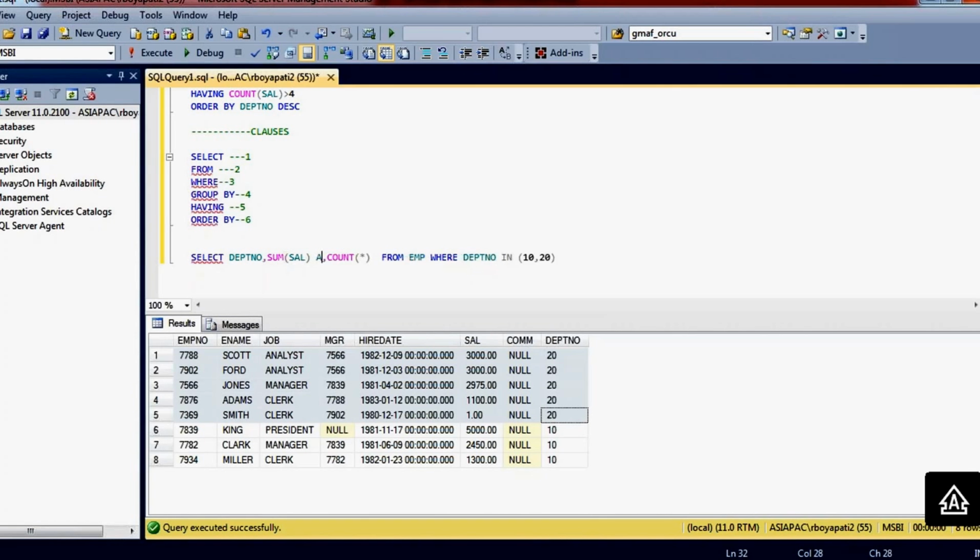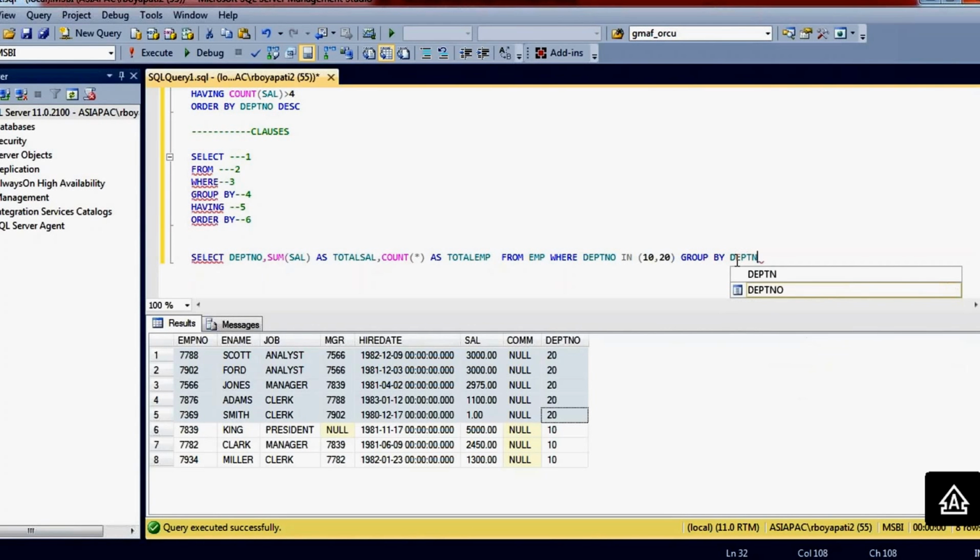I'm going to give alias names, because whenever you apply expressions or functions on a particular column, you have to write an alias name, otherwise it displays no column name. Total salary, total employees. Right. So then you write the GROUP BY clause, GROUP BY on department number.